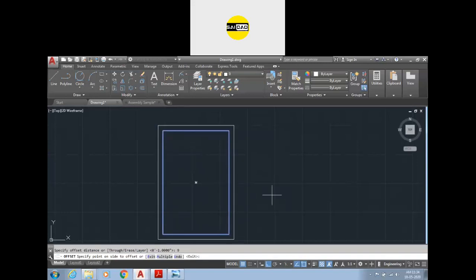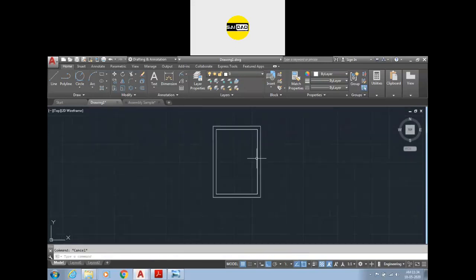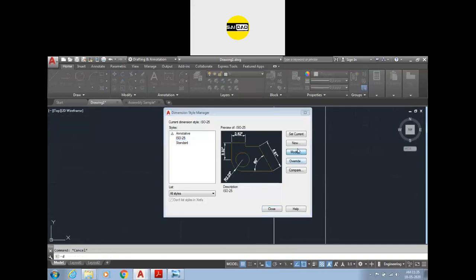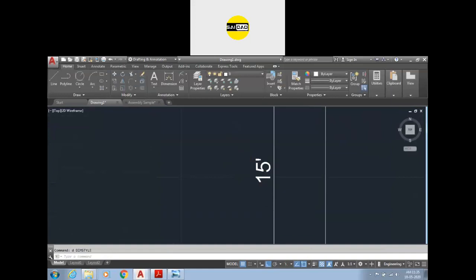So I'm going to enter 9, and you have to specify the direction outside, because we have given the value 10 by 15 from inside. So press D, enter, modify, increase the scale to 1, press OK, set current and close.